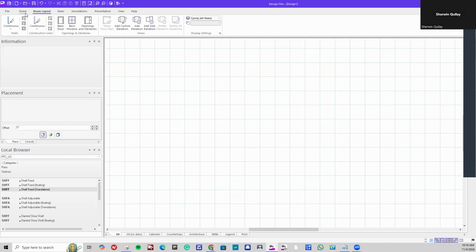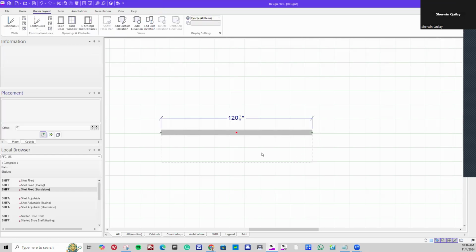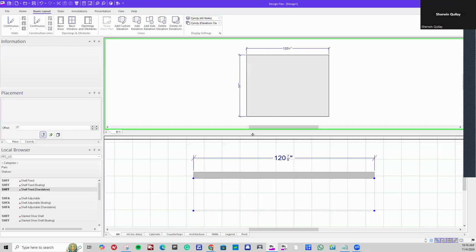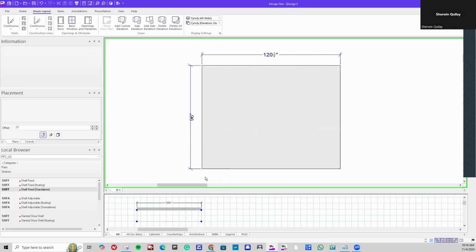Let's first create a room layout. We'll click on a wall. We'll create a fictitious wall and double click to grab our elevation view. So here's an example of how to create a drawer box file on its own. For example, if you need a replacement drawer box or you want to add a new drawer box,